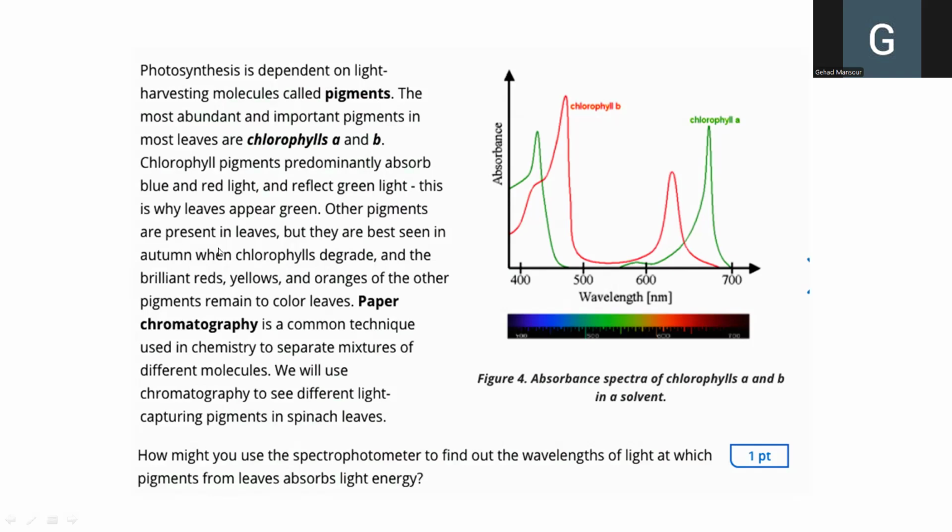There are, of course, other pigments that are present in the leaves, and we can see them. The orange pigments and the red pigments are not usually visualized on the leaves, but we can see them in autumn when the plant starts wilting, when chlorophylls degrade. Why do chlorophylls degrade? Because in autumn, light energy diminishes, and the synthesis, not the functioning, the synthesis of the green chlorophyll molecules A and B depends on